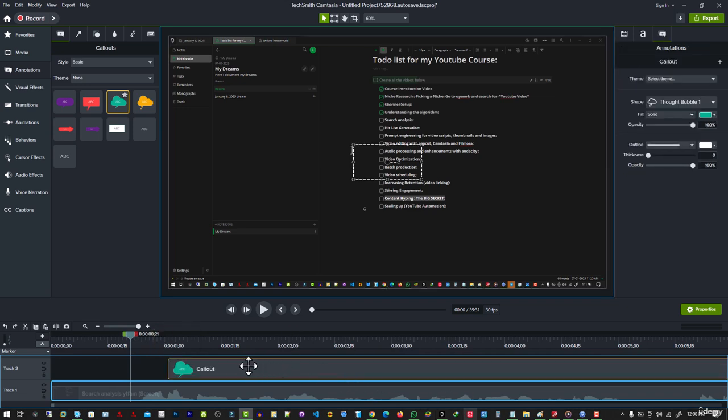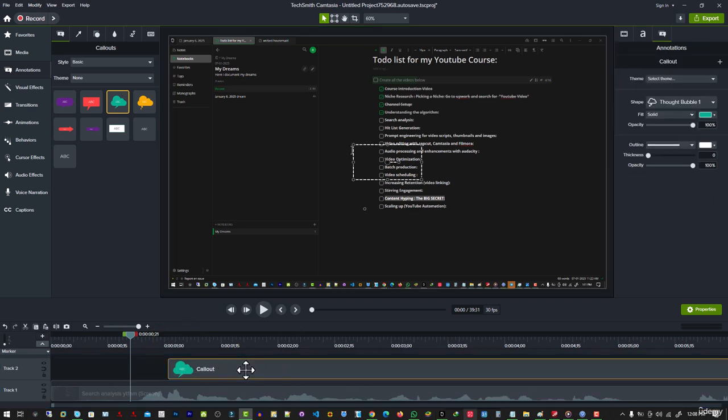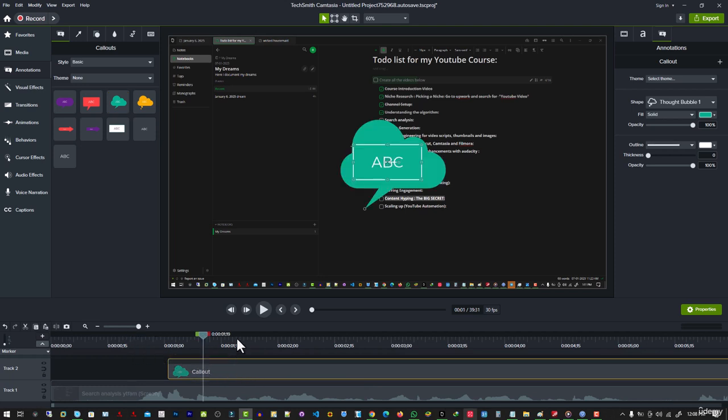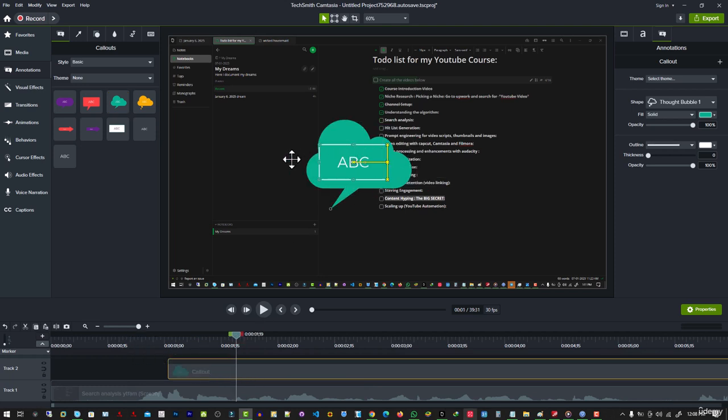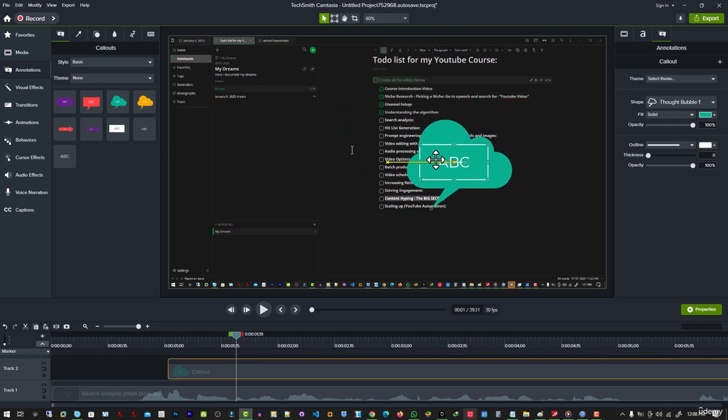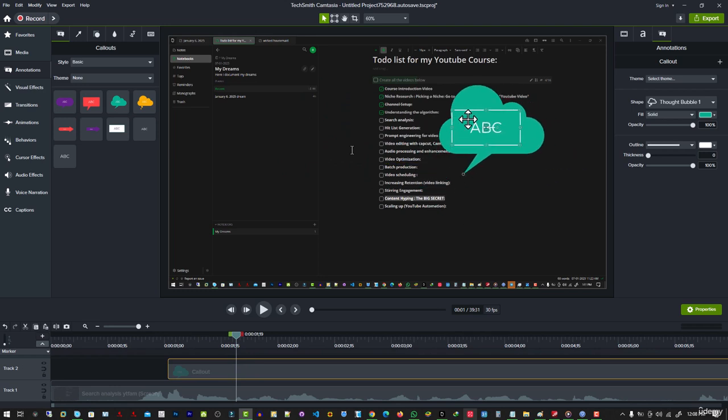Okay, yeah, so as you can see, we've added our overlay to our video. If I come here, you're going to see the overlay. You can move it around. When you're saying something, it could pop up, and you can also add a